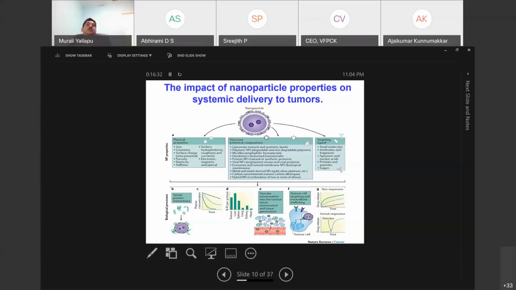that while we are making the nanoparticles, you consider all kinds of physicochemical properties, like what size range you want to make for a given application, and what type of charge, whether you want a negative charge or positive charge, and how about nanoparticle rigidity, surface hydrophobicity, hydrophilicity, and whether we want to apply magnetic or other optical properties that originate from these nanoparticles. You can keep all these in mind when you choose a raw material